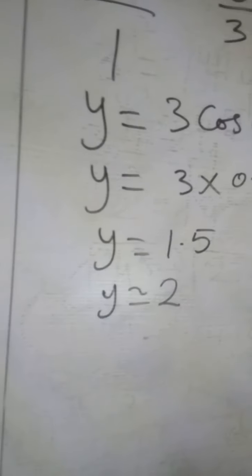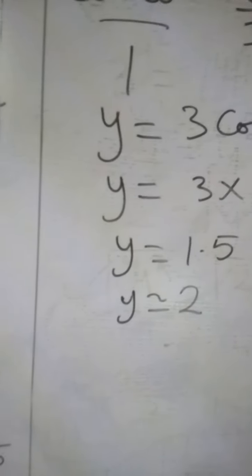So I cross multiply. 3 times this, y times 1. Y times 1 is y equal to 3 cos 60. That means 3 times the value of cos 60, which is 0.5. So y equals 3 times 0.5, and that is 1.5. So y is approximately 2. And by that, we throw out question 22. We'll move up to question